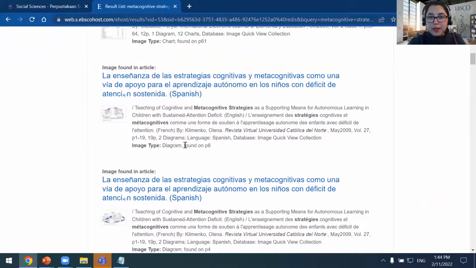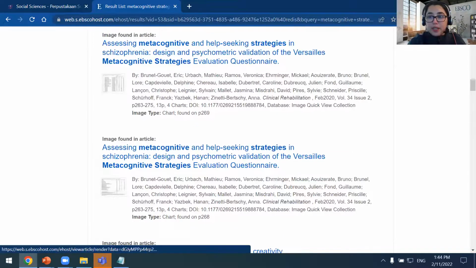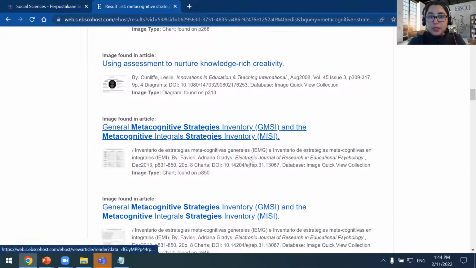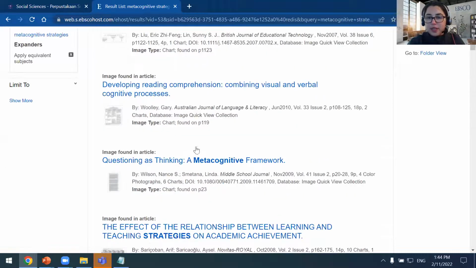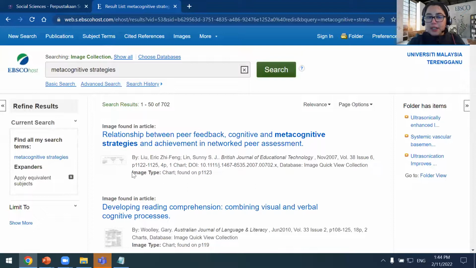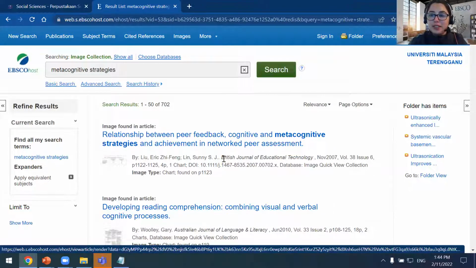This one's a diagram. So sometimes photographs as well. It really depends what you're searching for. That's what will be picked up in the results. But it's just any imagery that the article has as part of it, if you want to search according to the images in the article. Hope that makes sense. Did you have any other questions?